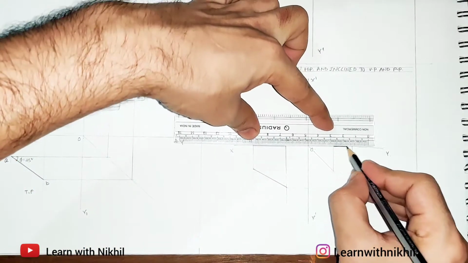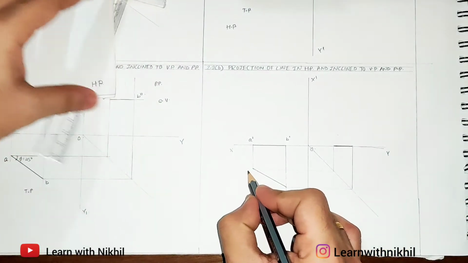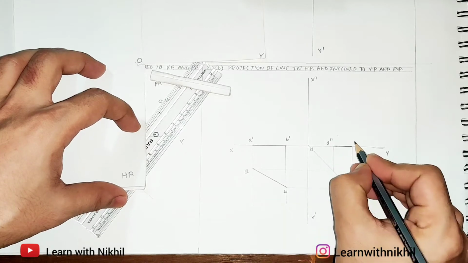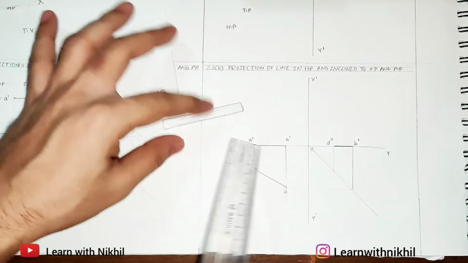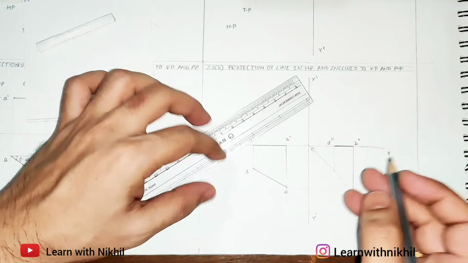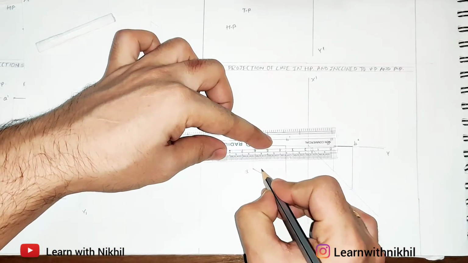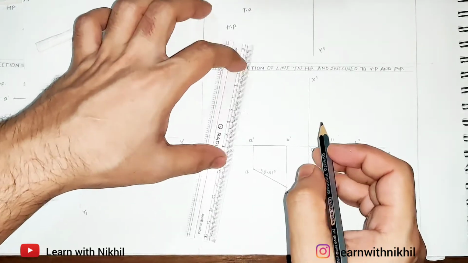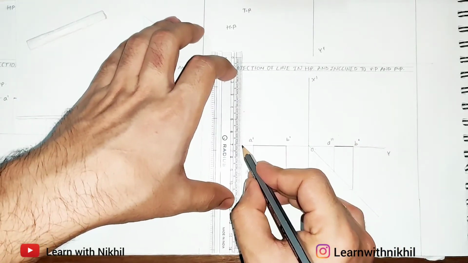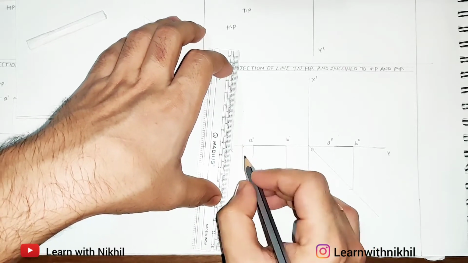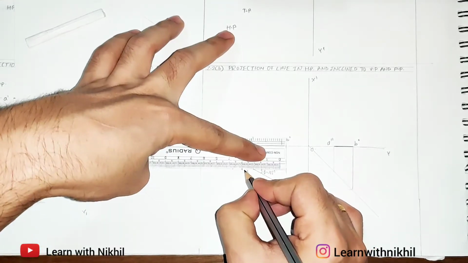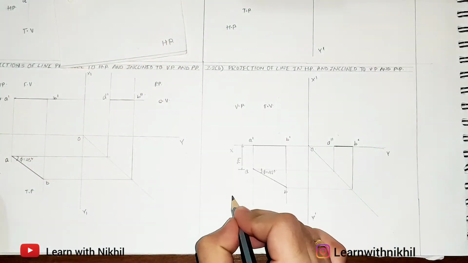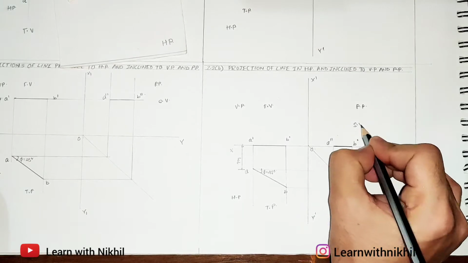So this will be the side view in the PP or the profile plane. This will be AB and this will be A double dash B double dash. So in the side view also the width is less than the actual length of the line. Actual length of the line is this, which is the slant line. So the line in front of the vertical plane, this distance is denoted as M, and these are the views, and we are done with this part.